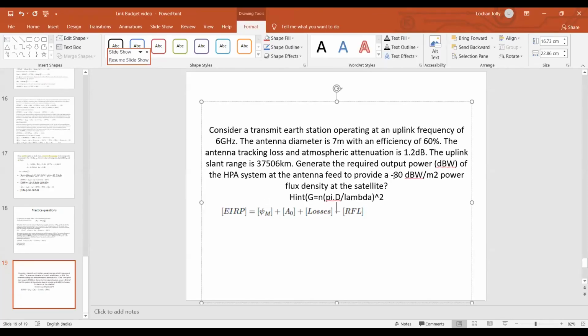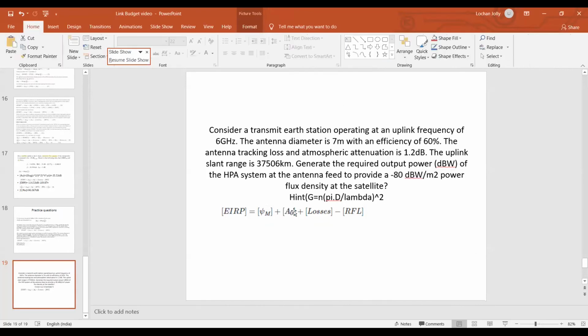आपको psi दिया है, right? ये दिया है आपको. You need to find out A0. You need to find out the loss. Feeder loss भी आपको tracking नहीं चाहिए, नहीं दिया हुआ. Just try to solve this psi. See, they are asking you to find out तुम्हें कितना power, that is what is your problem. You need to find out that PT. GT तो हम लोग निकाल सकते हैं, gain निकाल सकते हैं.